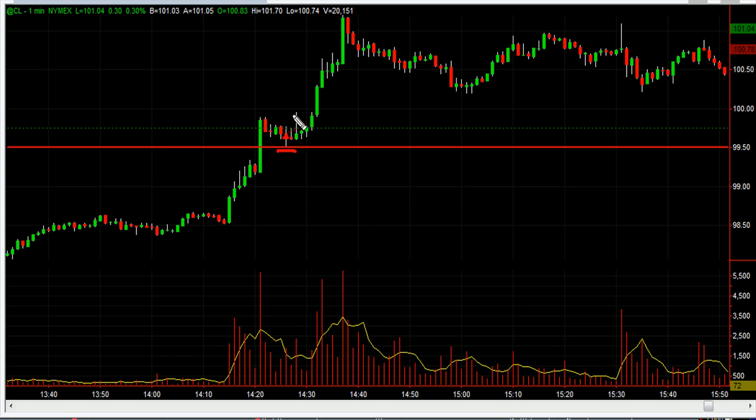This is unfortunate, we've got this little wick here, but I'm always going to take out half anyway at the high, especially if there's a reasonable bit of meat in it. I like to take it off on the first impulse. I like to manage risk. That's what I'm about. So once you've got your entry, you can manage it as you see fit,